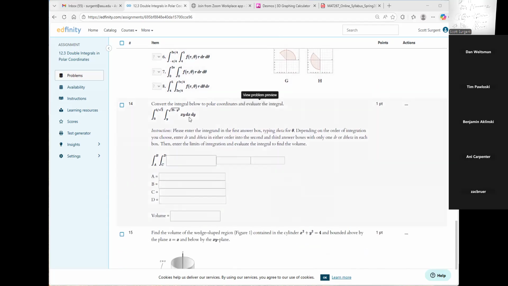Number 14 would be kind of like what I just got done talking about. If you can see what this region is, it's actually a pretty gentle looking region. I can tell you right now, it's basically a wedge of a circle. Now you might look at the bounds and you might think, oh man, yuck. But this is just the 45-degree line, x equals y. This is a circle of radius 5,